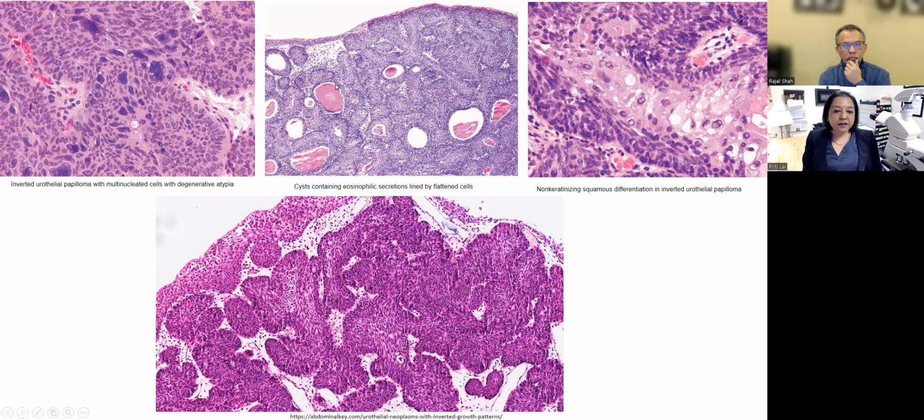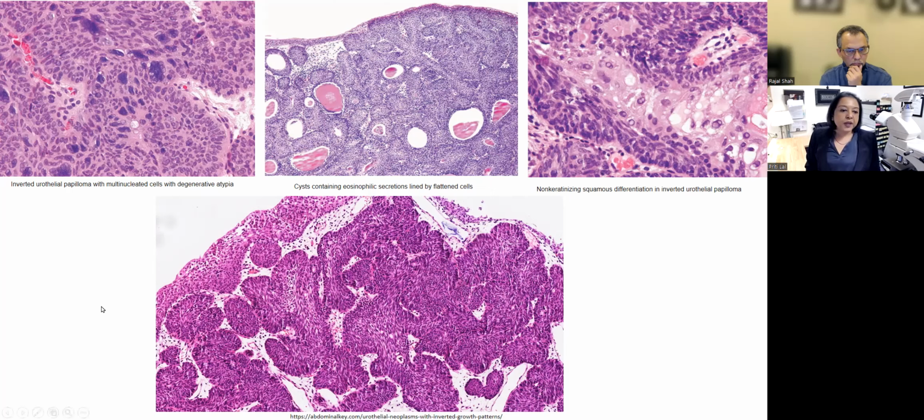Some lesions can have cystic spaces, and we will go over the differential diagnosis, how this differential diagnosis is different from other cystic lesions. Squamous differentiation has been described in inverted papillomas. So if you keep in mind that squamous differentiation is described, cystic changes have been described, and such kind of umbrella cell-like cells can look very atypical, then you will be able to put these findings in the context of